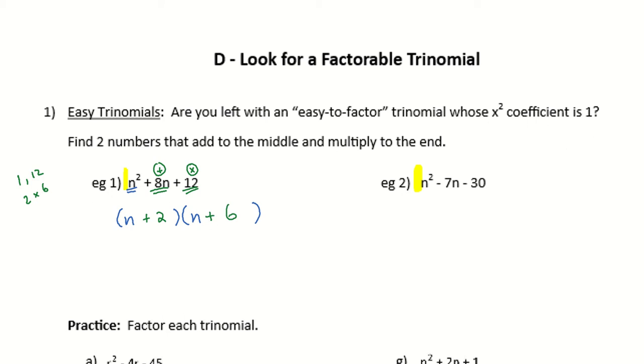Okay, so you guys will remember how to do these, hopefully. And in the next one, as soon as we see that it's an easy one to do, we can just write our brackets out and know that it's like n times n in this case. So here we've got to look for two numbers that multiply out to negative 30 and add up to negative 7. Okay, a couple little pointers is if that last sign is a positive,